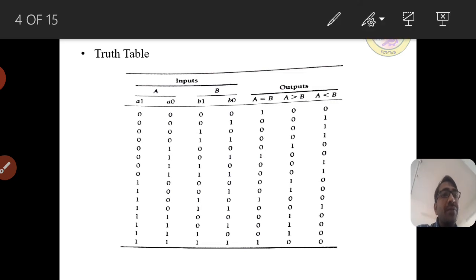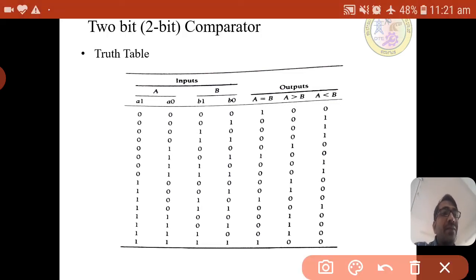If you don't reduce the Boolean equation, then for A equal to B there are 3 min terms, whenever both are 00, 01 and 01, 10 and 10, 11 and 11, all equal values. Similarly for A greater than B there are 6 min terms, and for A less than B 4 min terms.